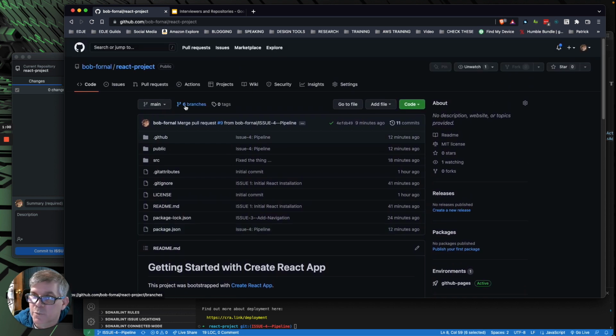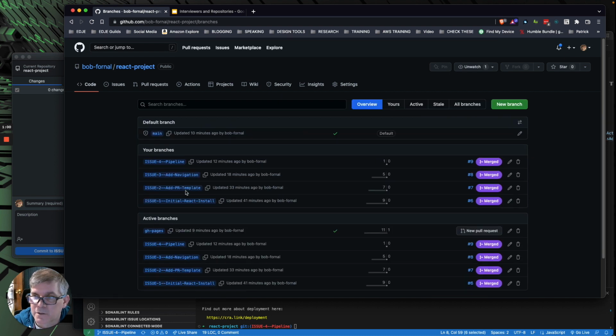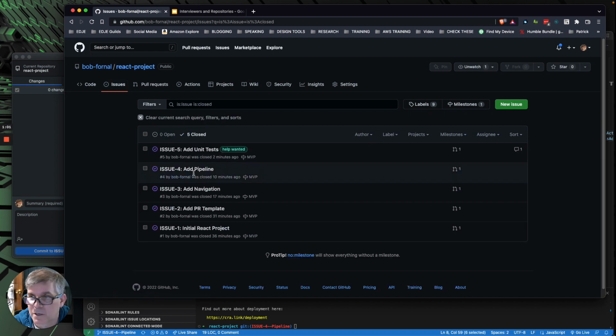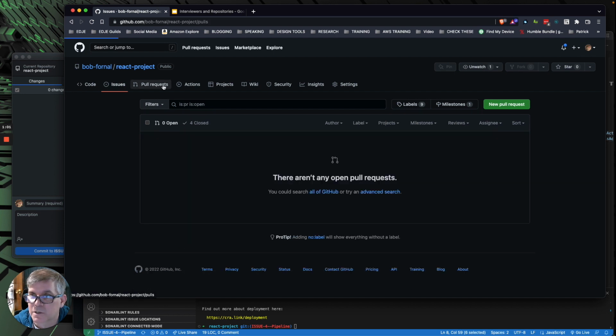What else can I see? 6 branches. Ooh, you're doing branching. Not hard to click in there and see you named things. You're doing card naming conventions, clean, good naming conventions, right? If I click on the Issues tab, you have 5 of them that are closed. I can click that and see them, right? I can click and follow and see conversations. On the pull request side, I can see the 4 are closed. I can go see those too.